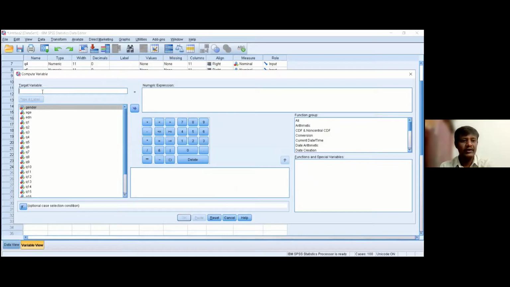Now we are going to create the second variable, the role clarity related variable. So I'm going to create role underscore clarity. This will be the sum of question number 6, 7, 8, 9, and 10.